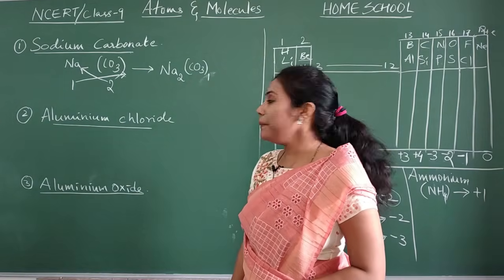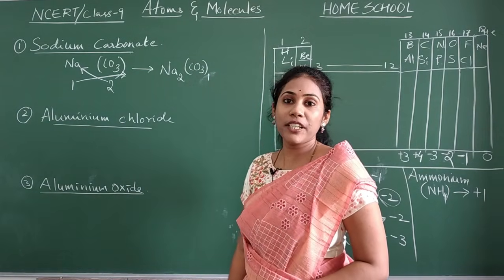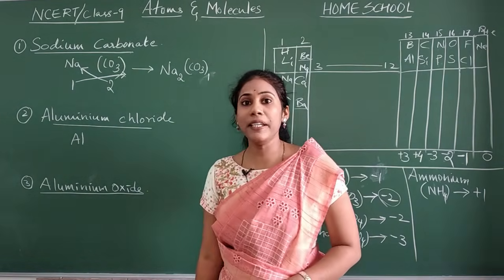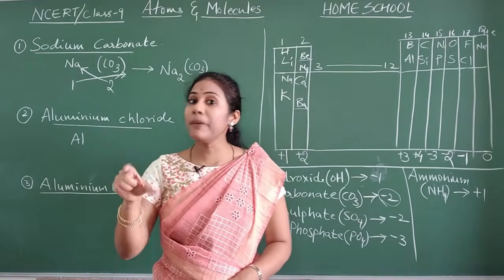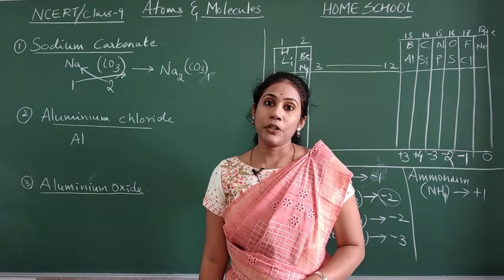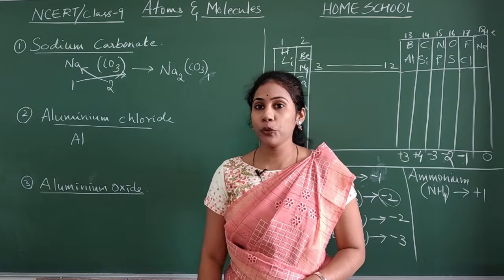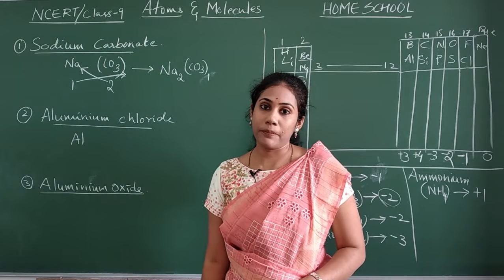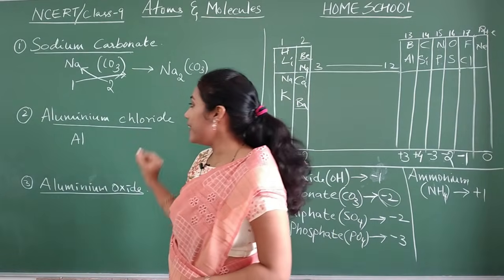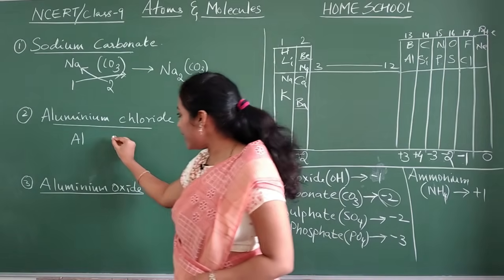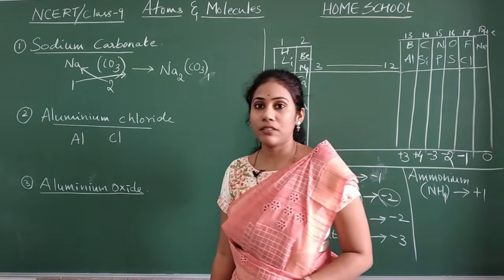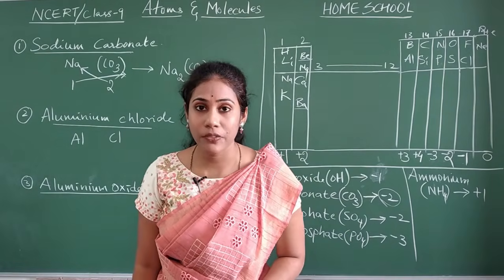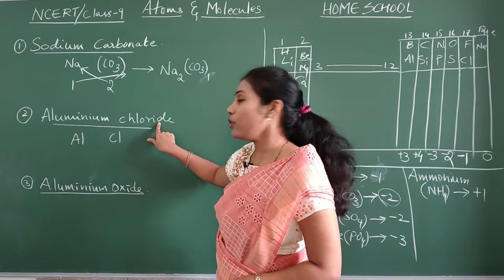Okay? Aluminium chloride. Just the same old story you have to follow. Aluminium, Al. Symbol Al, no? Aluminium. That's why I told you to remember the symbols of an element. Okay, that I gave you in video number 2. Some important elements and their symbols I gave you. Try to remember them. Chloride, I told you, chloride in the sense what, guys? It is just Cl. Okay, chloride means Cl, oxide means oxygen.